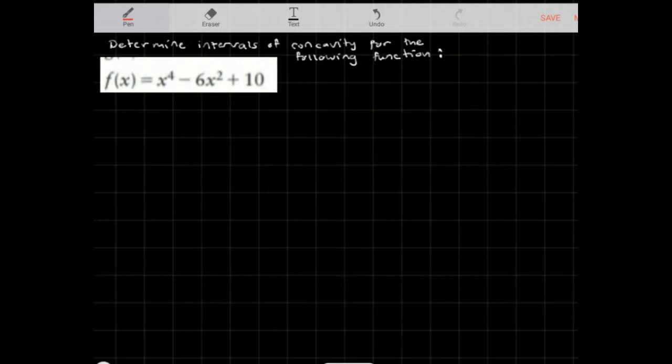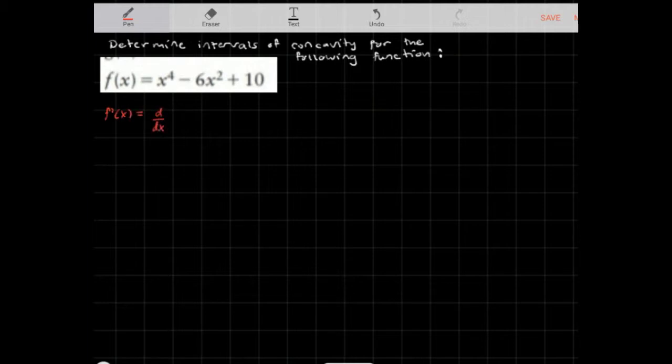All right, let's determine the intervals of concavity for the following function. If we want to look at intervals of concavity, we need to find the second derivative. We're effectively employing the second derivative test. So in order for me to do that, I'm going to find the first derivative, f prime of x, which